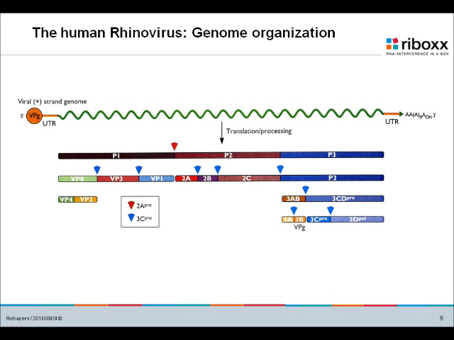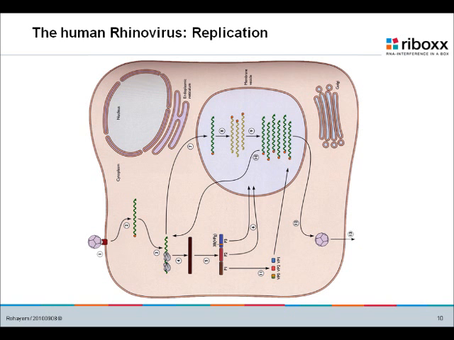And this genome will be directly translated in the cytoplasm of the cell on the ribosomes to give a polyprotein. This polyprotein will then be autocatalytically cleaved by proteases of the virus and give rise to the different viral enzymes. So basically, looking at the replication of the virus stuck here on a receptor, it's an ICAM1, for example, or an LDL receptor. Then you have this release of the genome in the cytoplasm, a naked genome, translation on the ribosomes.